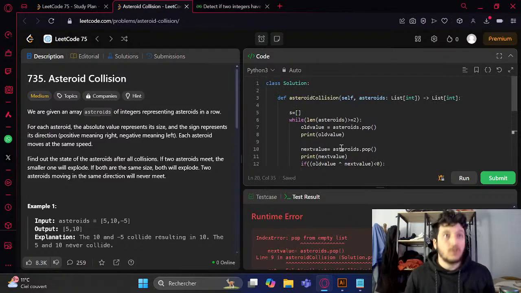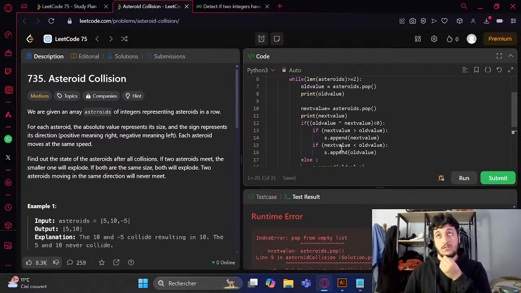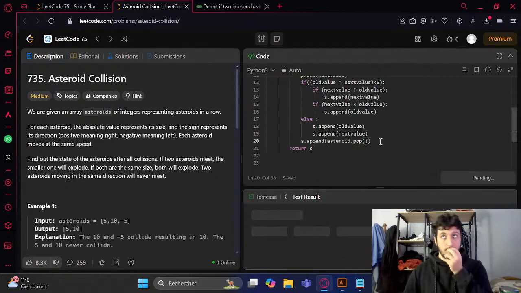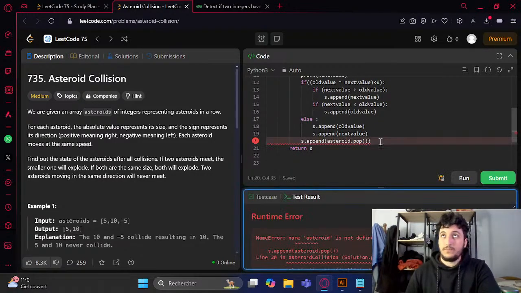What browser are you using? I'm using Opera GX. I used to play games, so